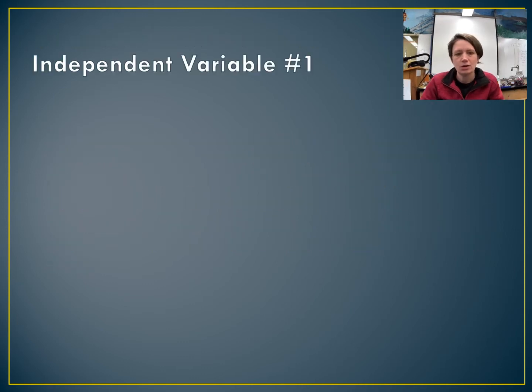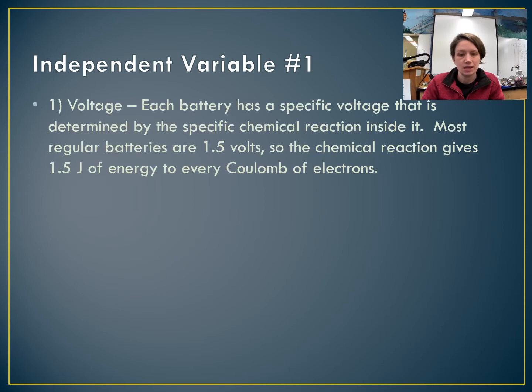So as I mentioned, there are two independent variables that engineers can control by the devices that you include, and the first is voltage. So every battery or power supply that you use has a characteristic voltage, and the voltage in a battery is determined by what chemicals are reacting inside of it. In other words, specific chemical reactions can push electrons to a particular density,